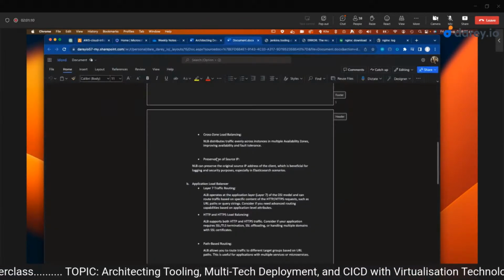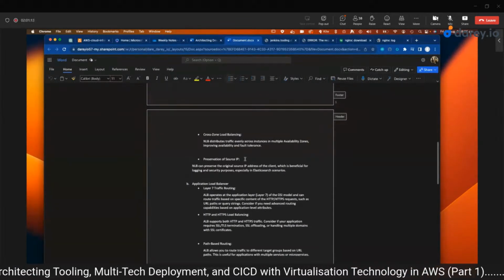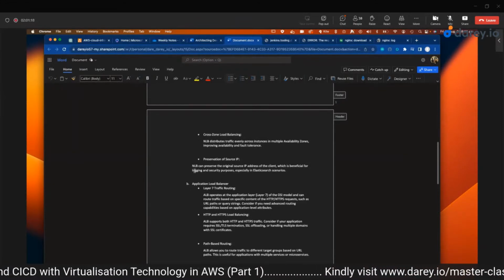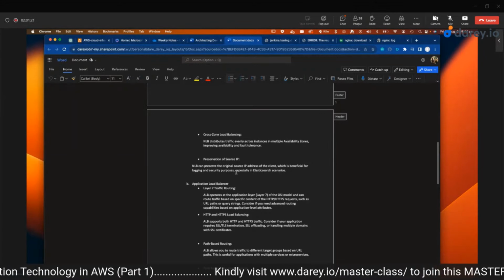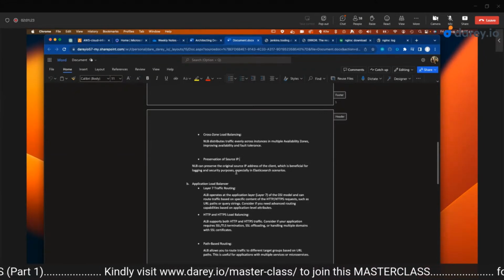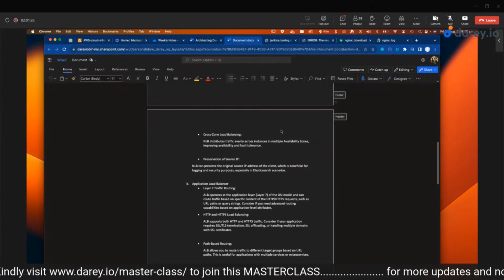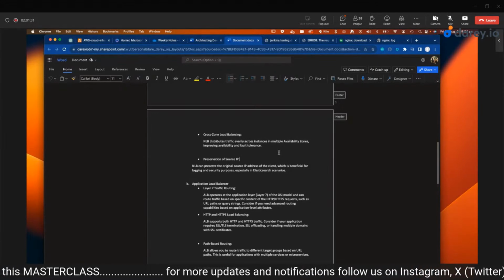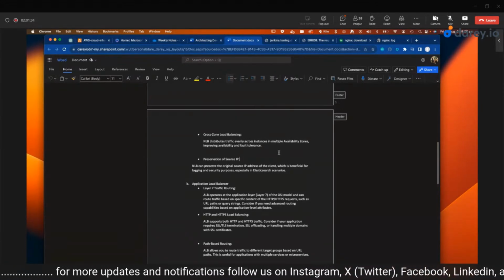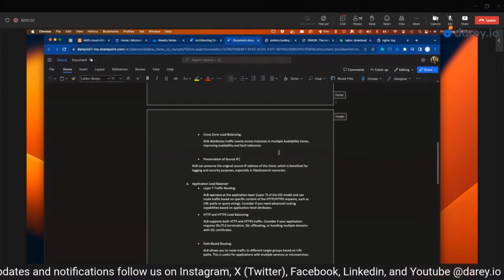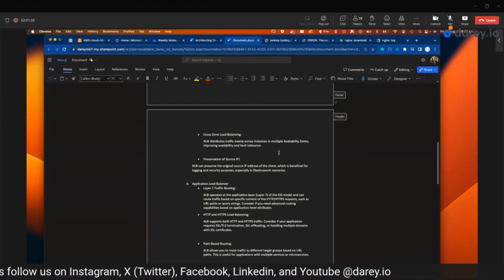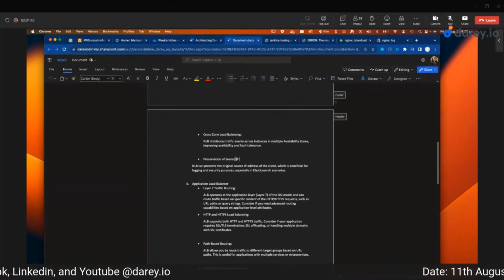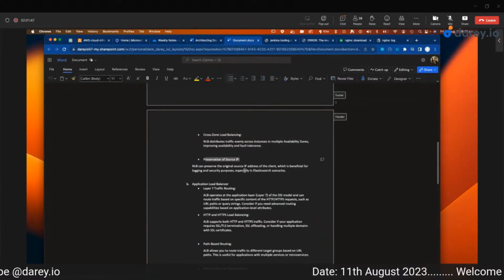Okay. Then preservation of the source IP. So NLB can preserve the original source IP address of the client, which is beneficial for logging and security purposes. So remember, with Elasticsearch, what we're trying to do is to ensure we're able to log everything. So if someone is trying to reach our services, we need to be able to track which IP address is accessing us, especially if there's a DDoS attack or someone is trying to bring our systems down. We want to know where that is coming from, and that's the client IP. So because it's able to preserve the source IP, okay,